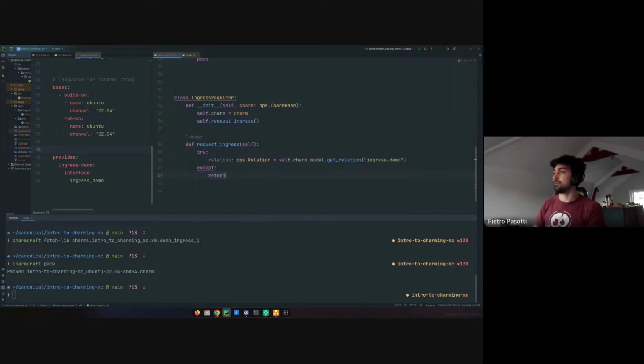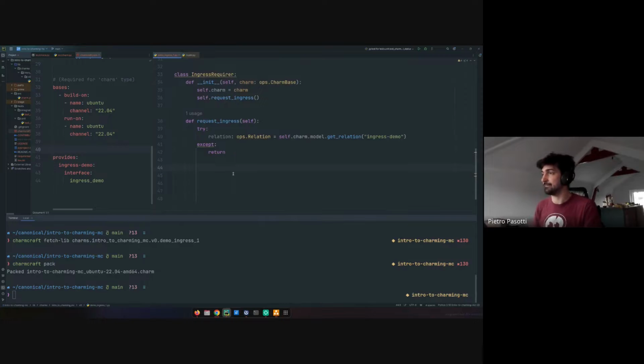So if we do have a relation, and something you will learn pretty fast when writing charms is to code very defensively. You're never sure that there is a relation, or that the relation has data, or that the relation at the other end has published their side of the data. So always code very defensively. That is something you learn. So if we have a relation,